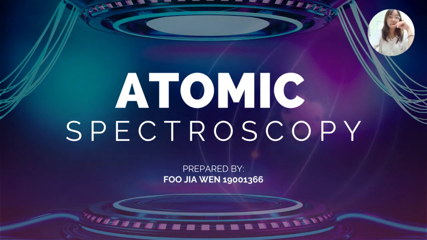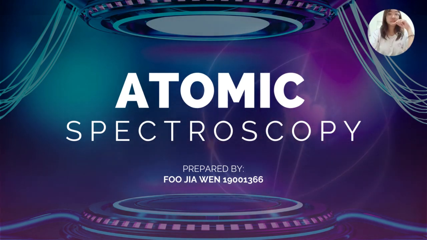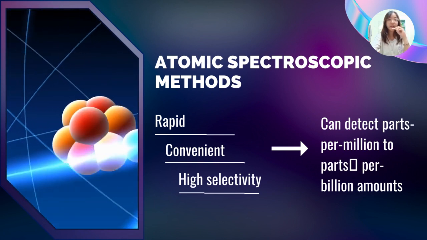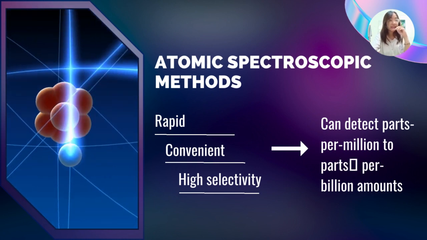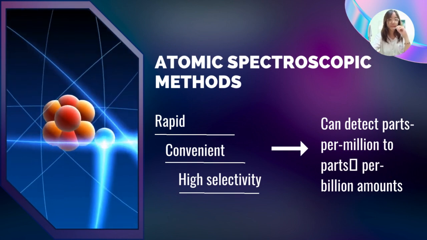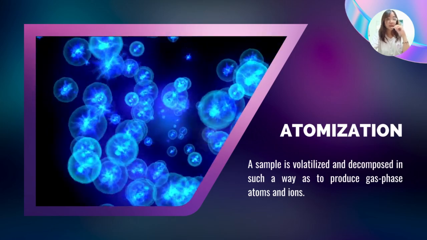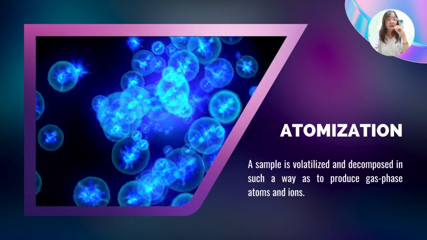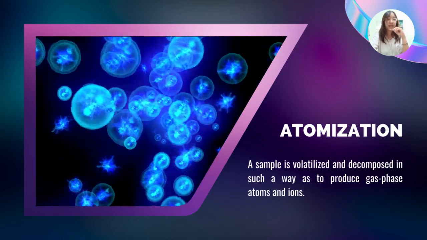Welcome to the world of atomic spectroscopy. Atomic spectroscopic methods are rapid, convenient, and usually of high selectivity. These methods can detect parts per million to parts per billion amounts. The first step in all atomic spectroscopic procedures is atomization, a process in which a sample is volatilized and decomposed